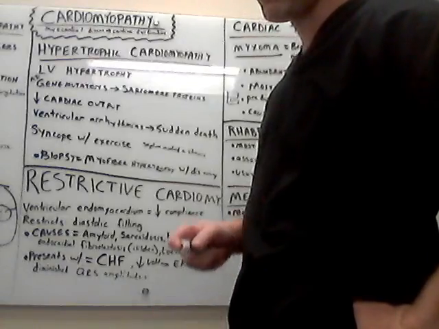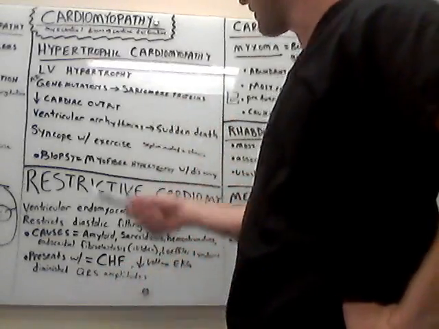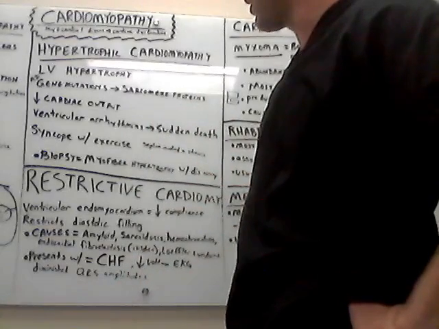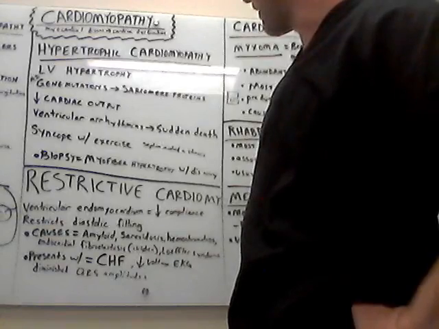Apparently, with athletes, a lot of times they'll be going out, and then all of a sudden the athlete drops down dead. It's because maybe one of these arrhythmias occurred. Also, they can get syncope with exercise, and essentially,